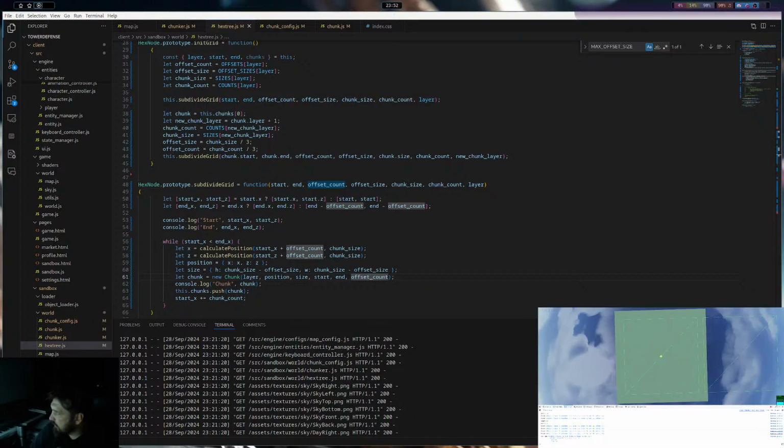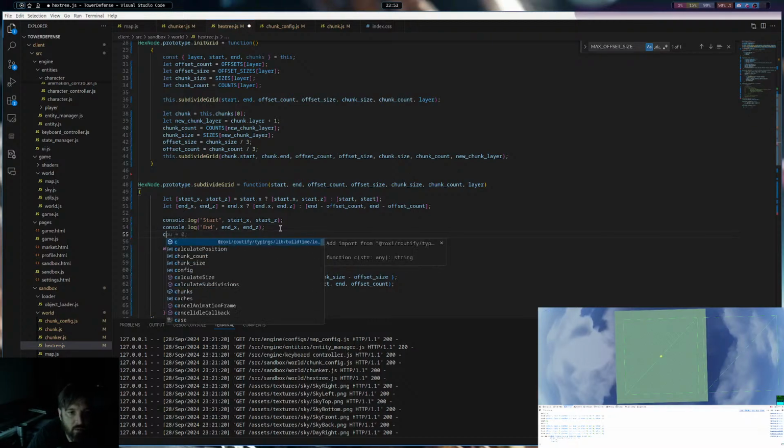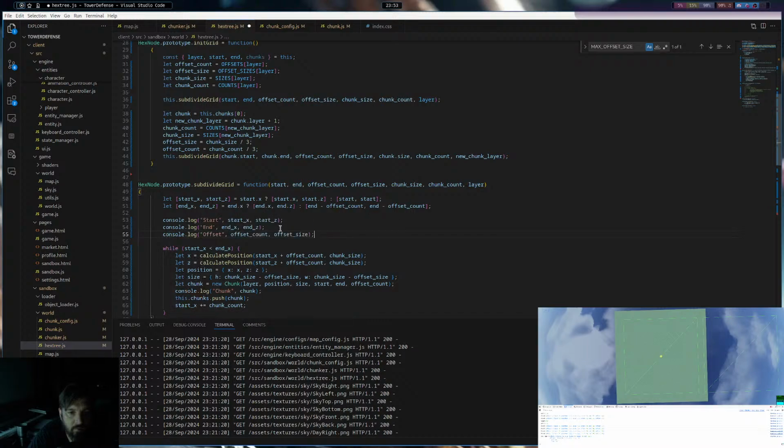What did our old code do? Because the old code technically worked. Offset chunk.